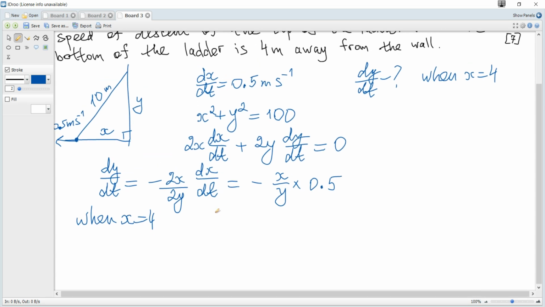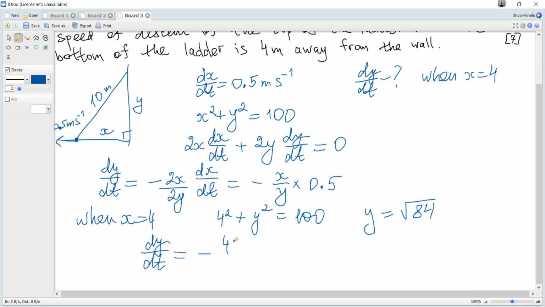So when x is 4, to find y, we can use this formula. So 4 squared plus y squared is 100. So y is the square root of 84. Hence, dy dt is equal to negative 4 times 0.5 over the square root of 84, which is negative